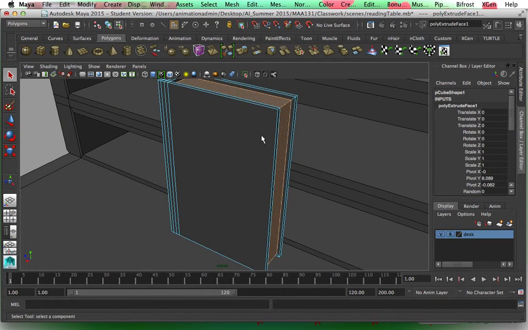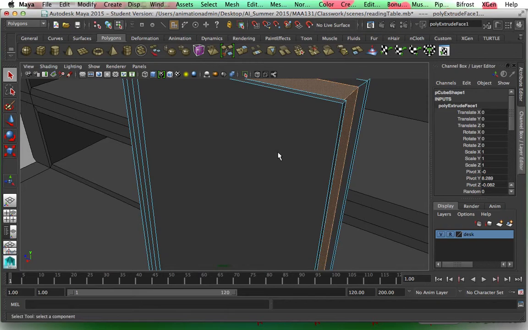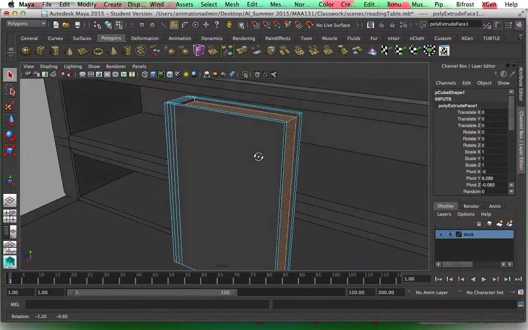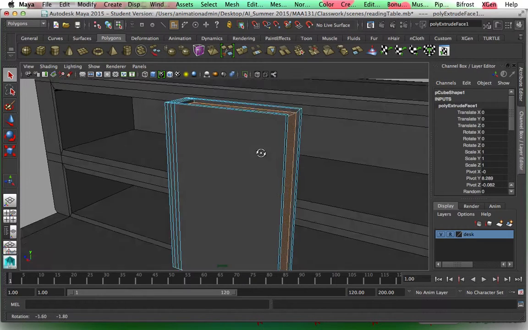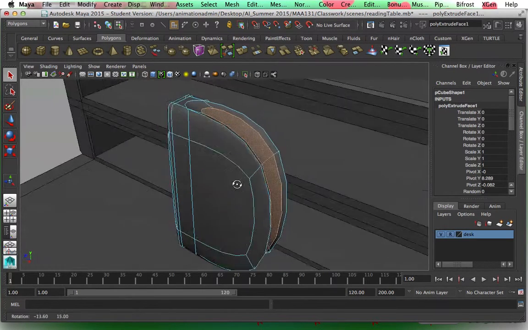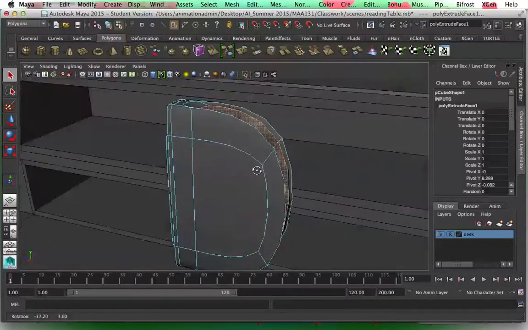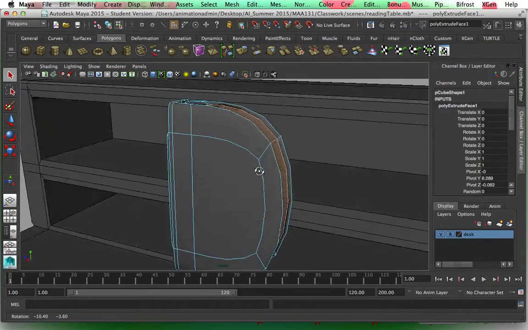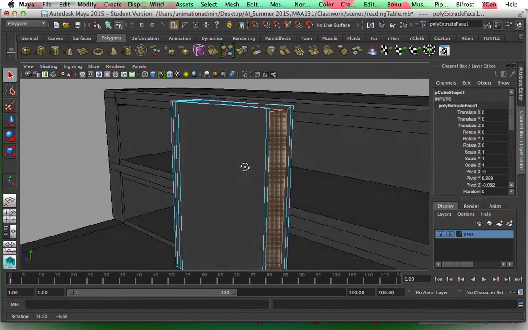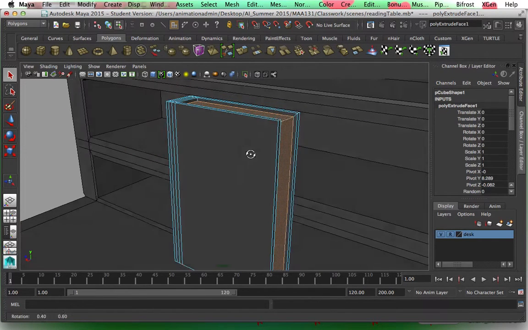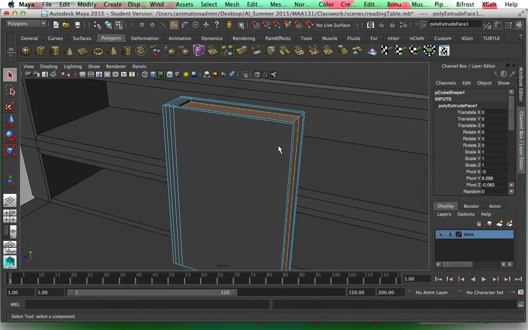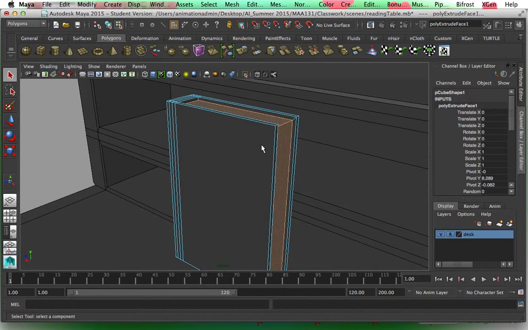Okay, if you want the edges to smooth out, here's a way to look at this object in smooth preview. If I press the number 3, you can see that it overall kind of collapsed the book, and makes it look more like a taco. All right, 1 gets back to the polygon mode. So if you want to smooth the edges without having to go into bevel and stuff, you can right click,